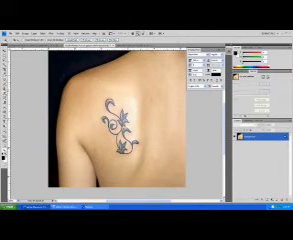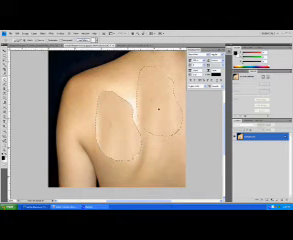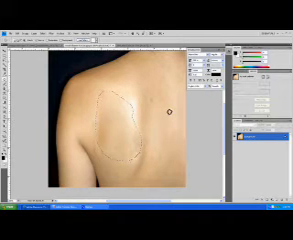There's a couple different ways to do this. The tool we're going to use is the patch tool. And we're just going to do a real quick little circle right around the tattoo. The closer you get, probably the better. That was just really quick. And now drag around till you find an area that looks good. This looks good. And look at how quickly